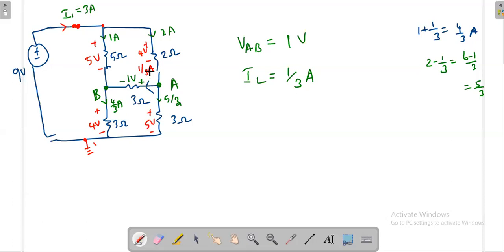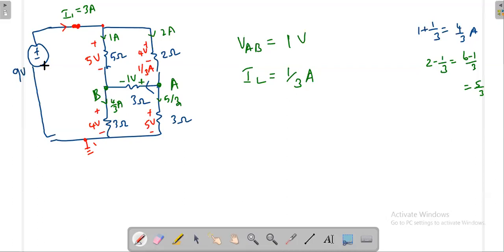Now, what is this voltage? This is minus 1 volt. So you go this way. If I come this way, this is 9 volt. From here, if I go this way, 5 volt, and then minus 1 volt, 5 minus 1 is 4. Again, 4 plus 5 is 9. You go by any way, finally you will get the same voltage. Or otherwise, you come this way, this is 4 volt, and again here plus 1 volt, again plus 4 volt, and you are also getting 9 volt.